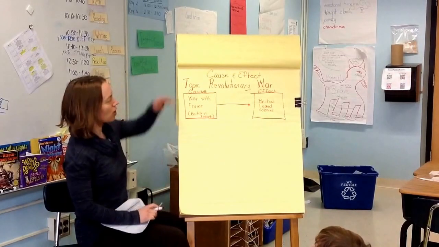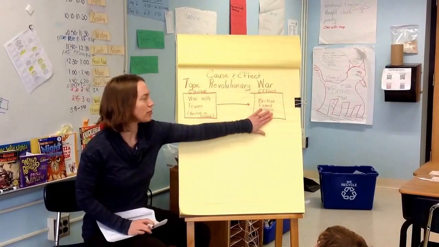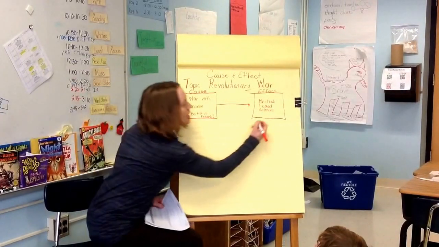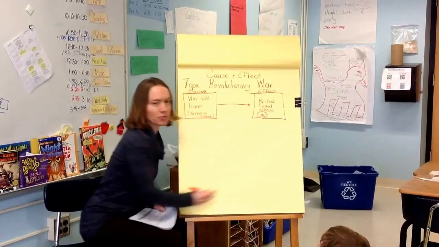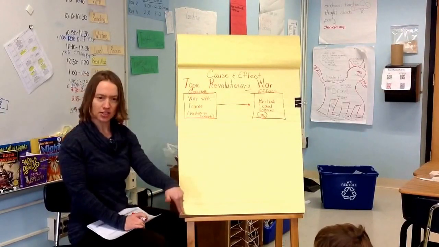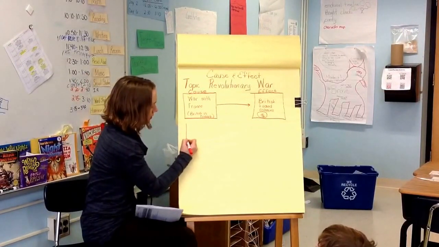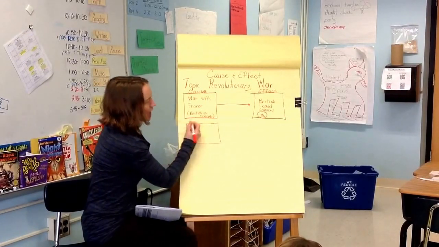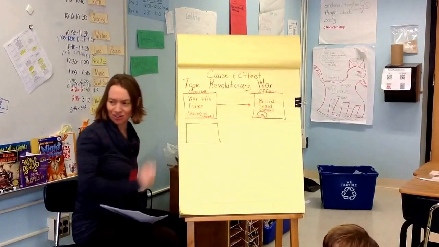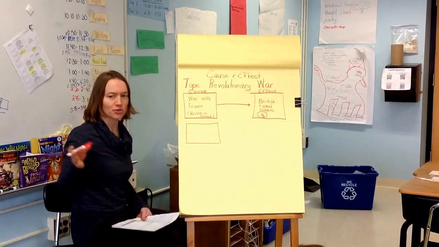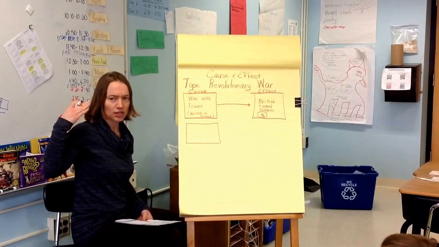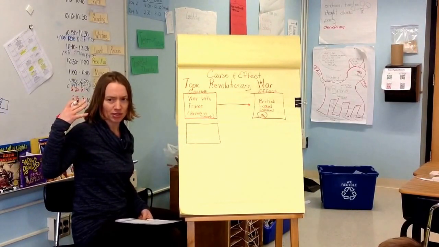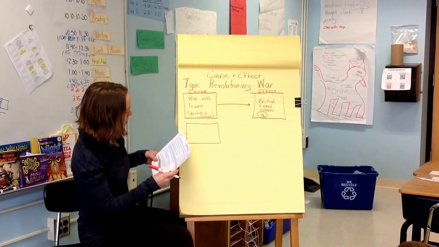All right, so here we go. War with France. What was the effect? British taxed the colonies because they needed money. They wanted money. Cause, effect. Moolah. All right, so here's the next one. So I could ideally have a heading that talked about just that, couldn't I? Are some of you starting to think right now, ooh, I could do this with my topic? Oh, good, I'm glad.